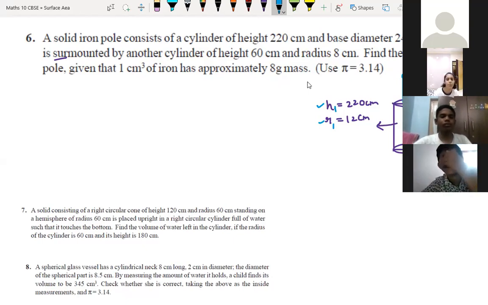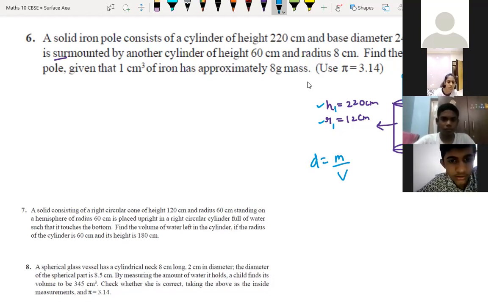You just think that you have to find the volume. Volume you can find, then multiply by your gram. Then, sir, you'll get the answer, right? I think it is asking for the mass, right? So we have to multiply the volume with the density. Exactly. We'll get the mass. Exactly. So density is equal to mass by volume, right?